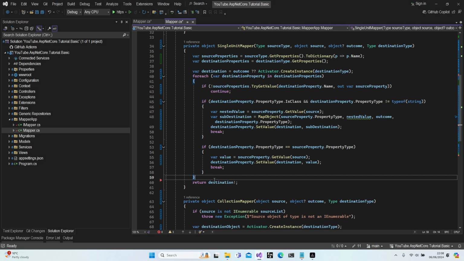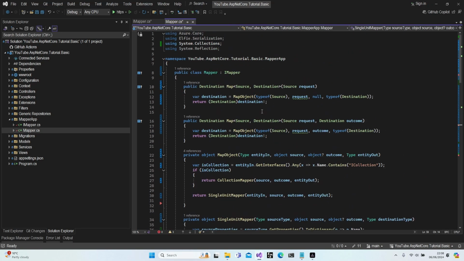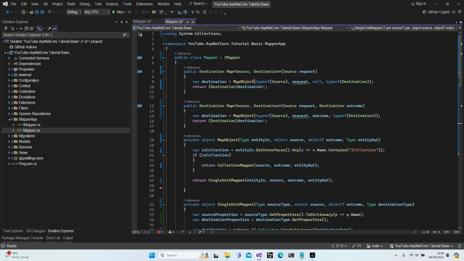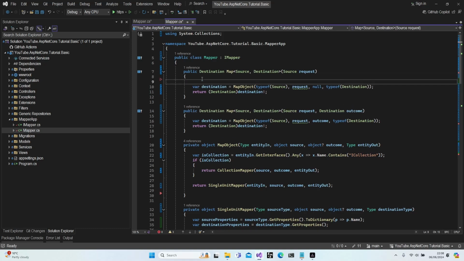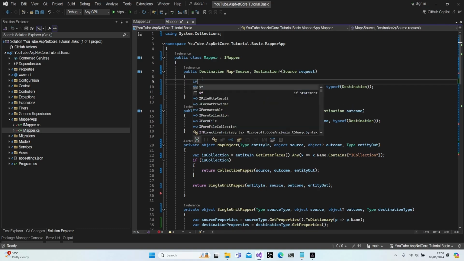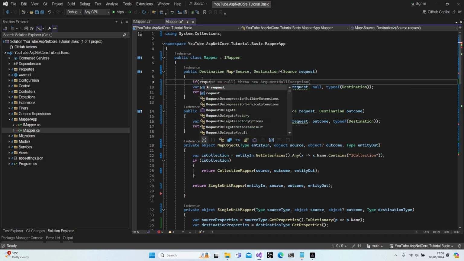Okay, let's fix everything. I think the single unit mapper is done very perfectly. Okay. We can add our validations now. Okay, so the problems in this mapper. We might receive request null, right? Let's make a check here. If request